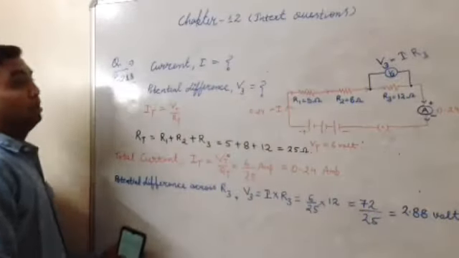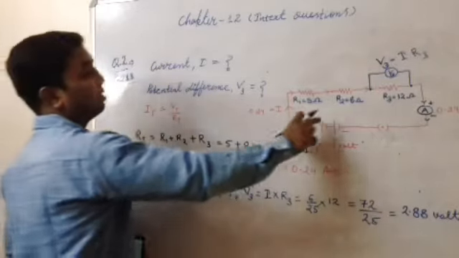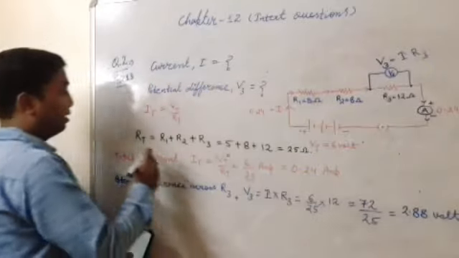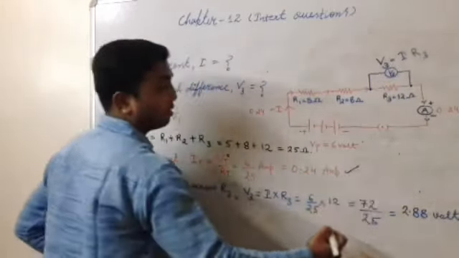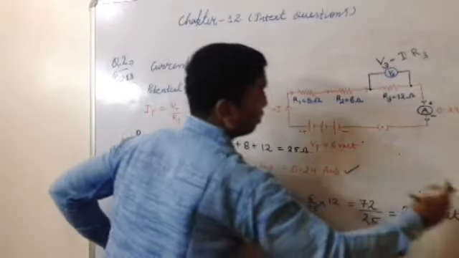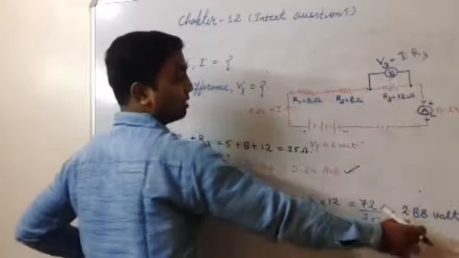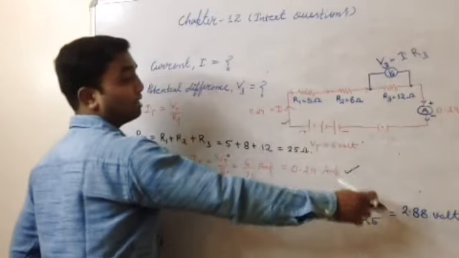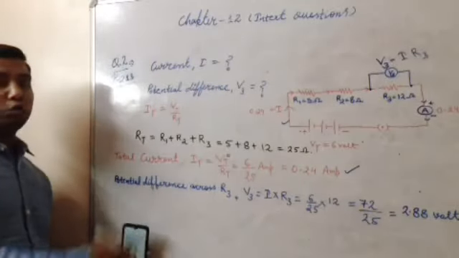So now in the second question, whatever was asked, we have discussed. This is the diagram that we have redrawn. Second thing, the current flowing through the circuit, and third thing, the potential difference across the third resistor. So this is the potential difference across the third resistor. So first thing, second thing and third, all we have calculated. So this is the end of question number 2. Please note down.